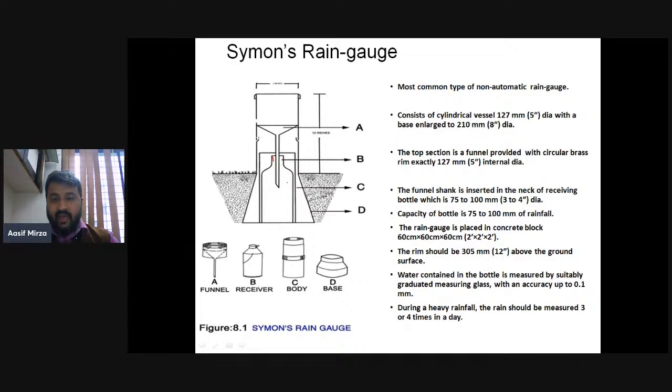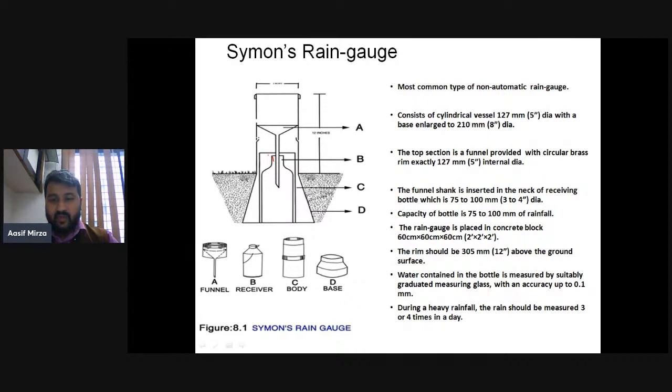The rain gauge is placed in a concrete block. You can see here, this is the concrete block in which this rain gauge is placed, and this concrete block has the dimension of 2 feet by 2 feet by 2 feet. Now, the rim should be 30 cm, that is 12 inches, above the ground surface. So 1 foot of the rim is provided above the ground surface,